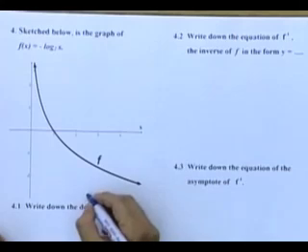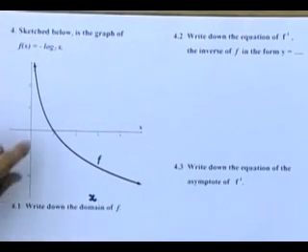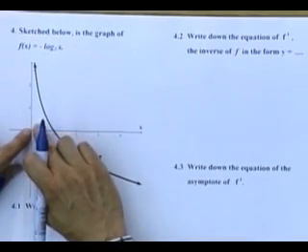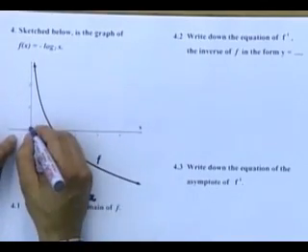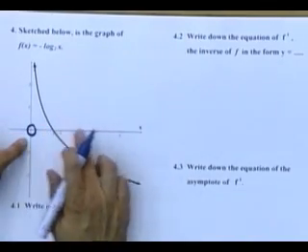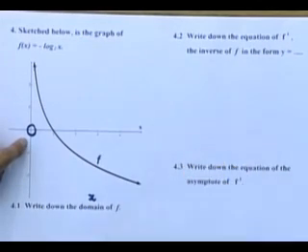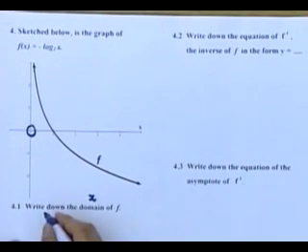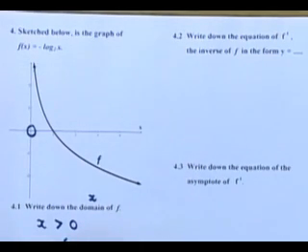Remember again, domain means x value. So the possible x values for this graph is it cannot touch the y-axis, so it's at the point 0, and it's going to infinity in this direction. Now there's two ways of writing it. We can say number 1, the domain means x is greater than 0. I hope you understand that, right? x is greater than 0. Or another way of writing it is that x is an element and it's between 0 to